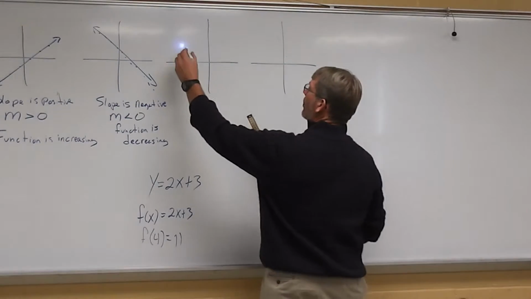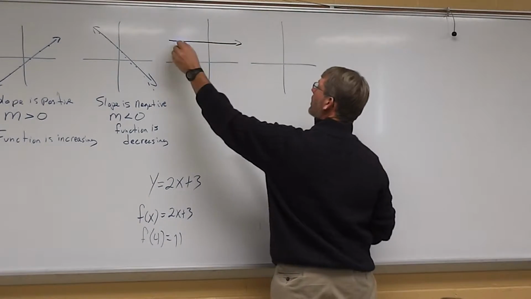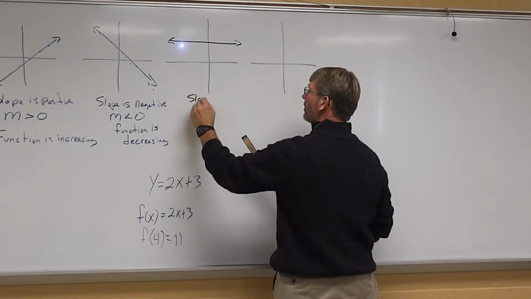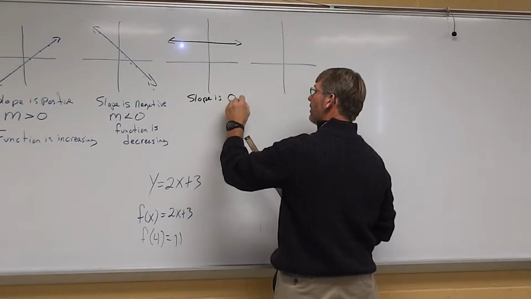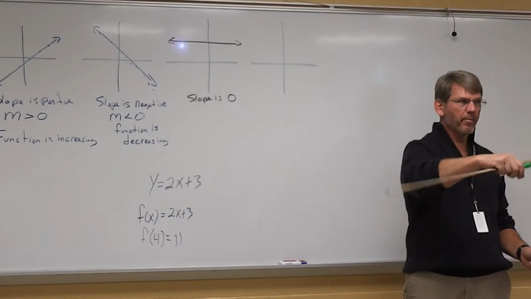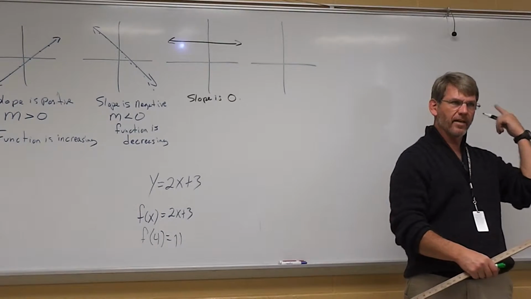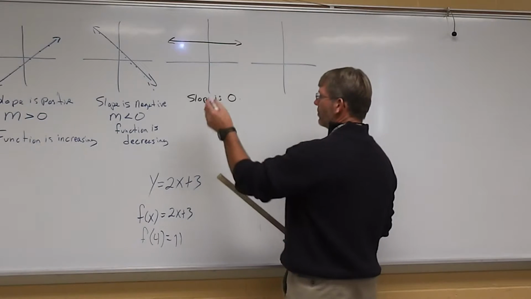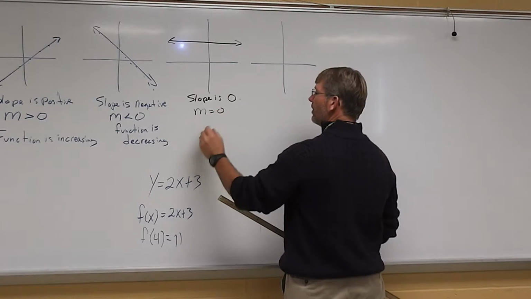Alright? So if you have a horizontal line, slope is 0. And that little visual is the way to kind of remember, because there's going to be a fourth one. And sometimes we get the third and the fourth one mixed up. So slope is 0, m equals 0, and here,